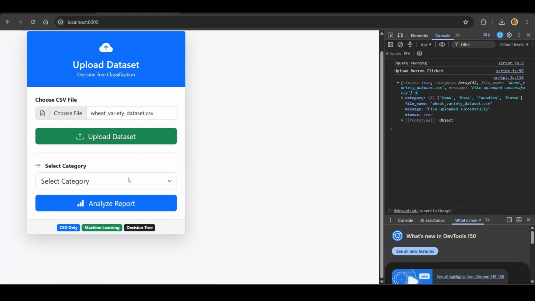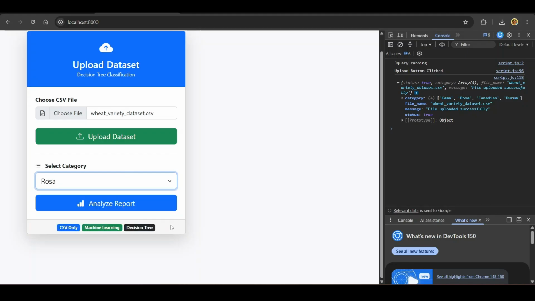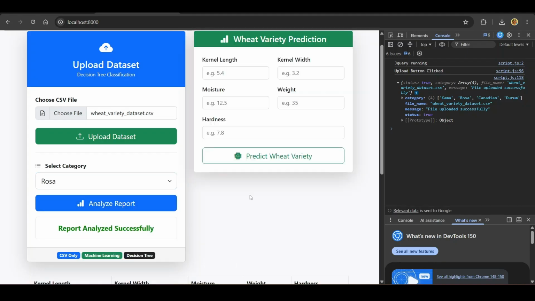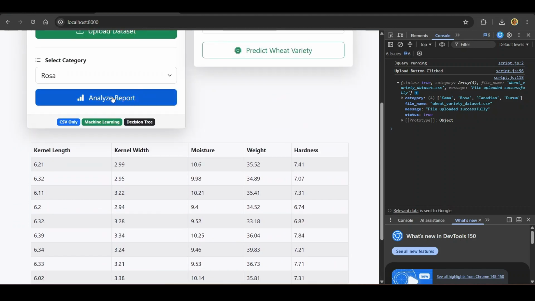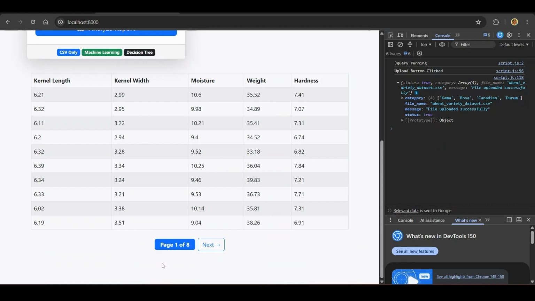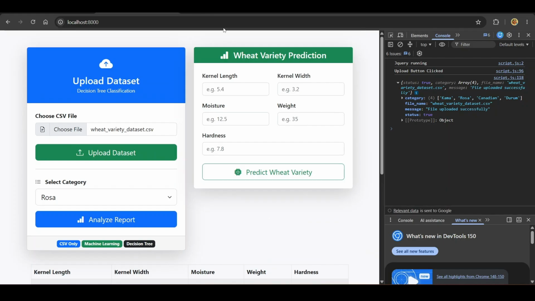Now I am selecting a particular wheat variety. Suppose I am selecting Rosa, and then when I click the analyze button, what will be done? You will see a table will come. I have explained this multiple times. A table will come, but only the corresponding data, not the whole table. All the records don't come. Only the records related to Rosa have come, and I have also implemented the pagination part. So you will see the next when you go for next. This also improves the user experience, and at the same time you will see the wheat variety prediction card